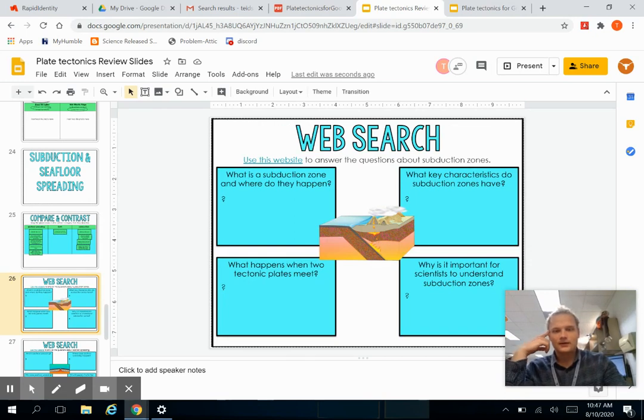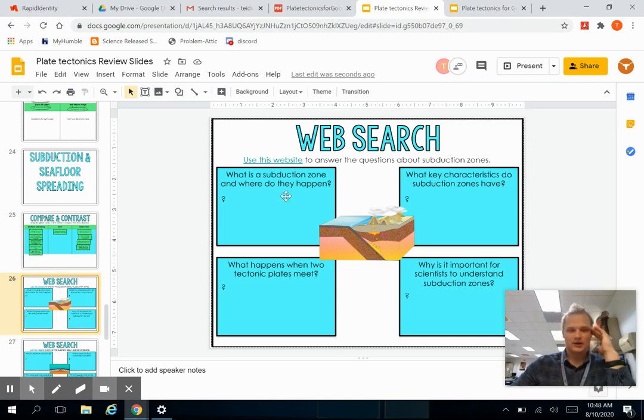All right. So you're going to use the link to find the website to answer the questions below. What is a subduction zone? Where do they happen? Okay, subduction zones are going to happen when two plates meet, and they're going to happen when an ocean plate meets a continental plate, because ocean plates are more dense, therefore it's going to go below, subducting under the continental plate. Okay, and as you can see in the middle of this photo, mountains and volcanoes are going to form because this plate is going to melt in the mantle, and then there's going to be pockets of excess lava that